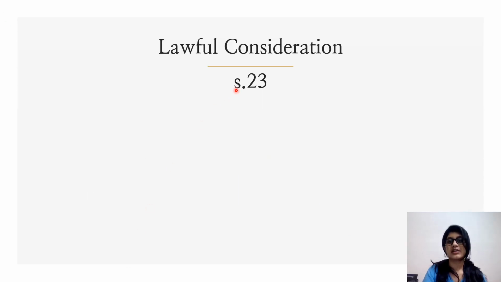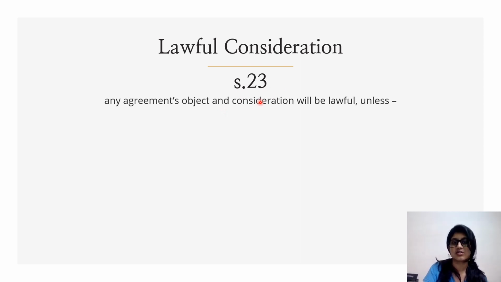Now, we saw under section 10 of the Act that one of the essential elements of a contract is what is called lawful consideration. So how do we define what is a lawful consideration? Section 23 of the Act defines that. So section 23 focuses on the object and consideration that will be lawful. It states that any agreement's object and consideration will be seen as lawful